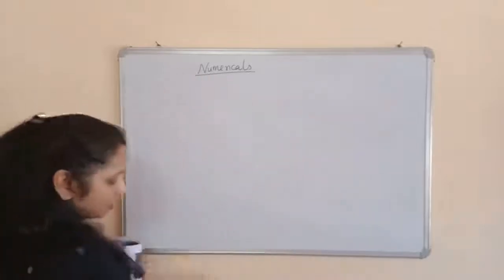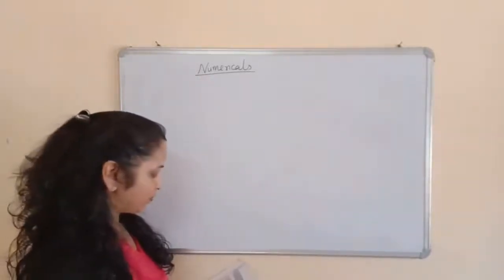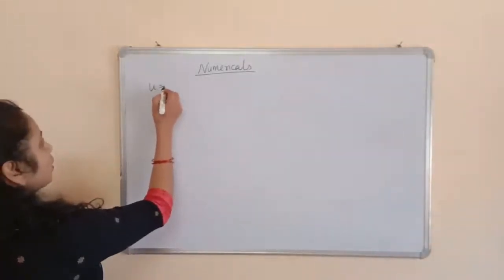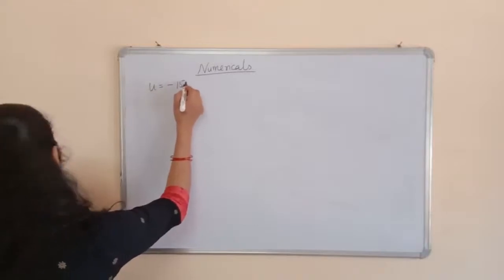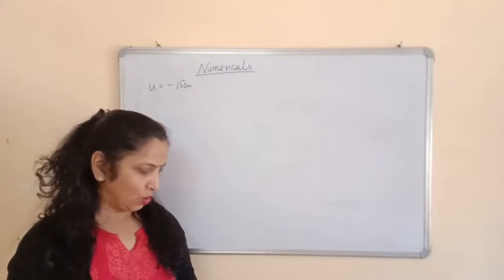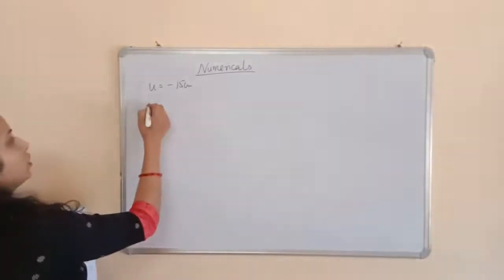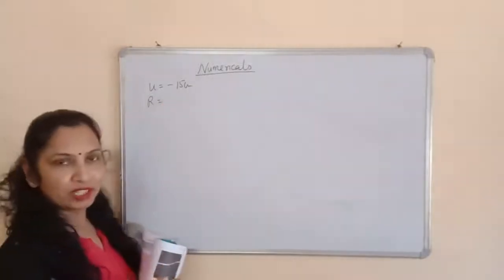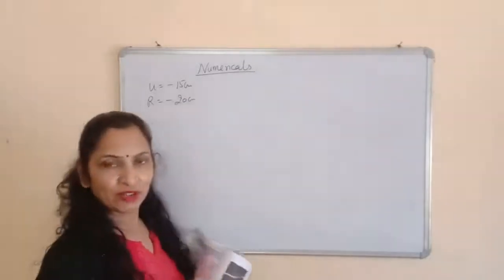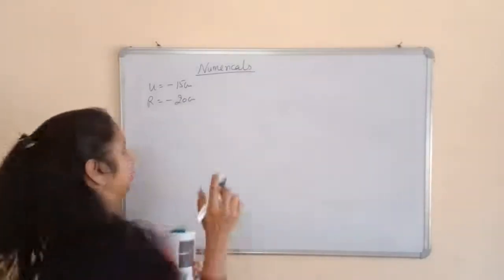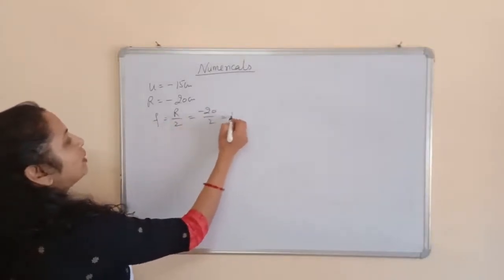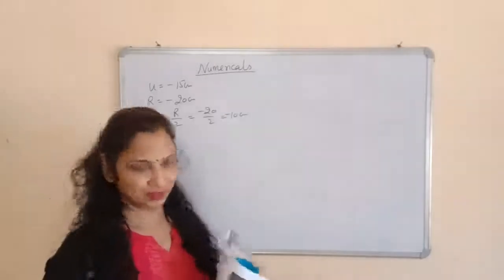Now the question is, an object is placed 15 centimeter from a converging mirror. So this is the distance of the object from the mirror. U is minus 15 centimeter. Now the converging mirror means this is a concave mirror of radius of curvature 20 centimeter. For the concave mirror we know that the radius of curvature is negative, so we can say it is minus 20 centimeter. By the value of radius of curvature we can find the focal length. We know that f is equal to r upon 2. So what should be the focal length? It will be minus 10 centimeter. This is the focal length.